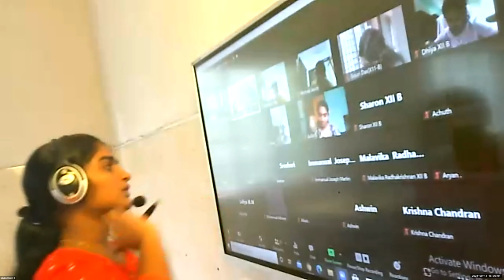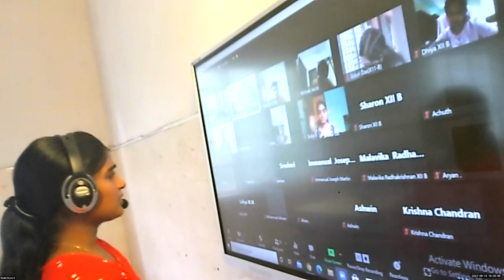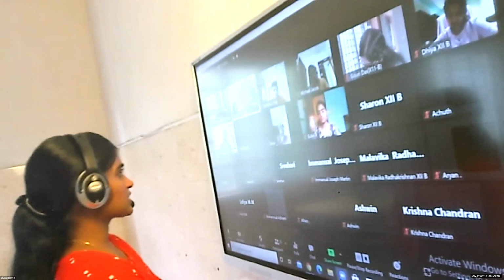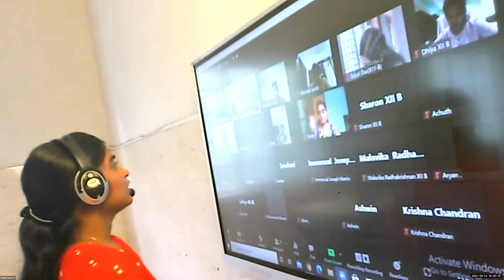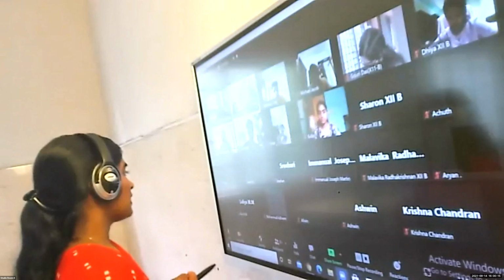Then next one is about the chemical properties. We usually learn that noble gases do not take part in chemical reactions, right? They are stable. They do not react with other chemicals to form compounds, isn't it? But here,